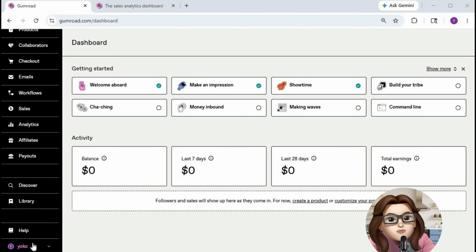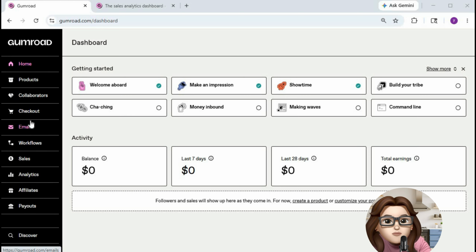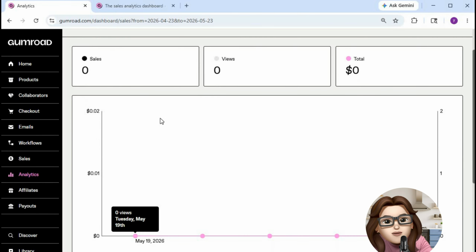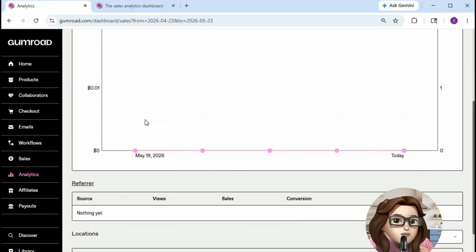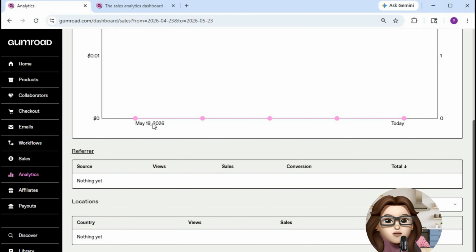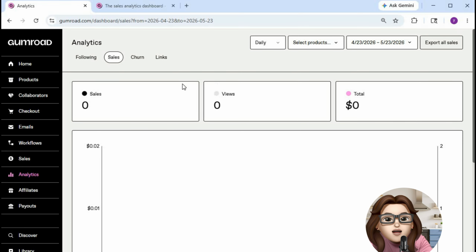Once you're inside your dashboard, look at the left sidebar and click on the Analytics section. After opening Analytics, you'll see important information like total sales, revenue, units sold, top performing products, customer metrics, and sales trends. Now, to view analytics for a specific product, click on the product filter option and choose the product you